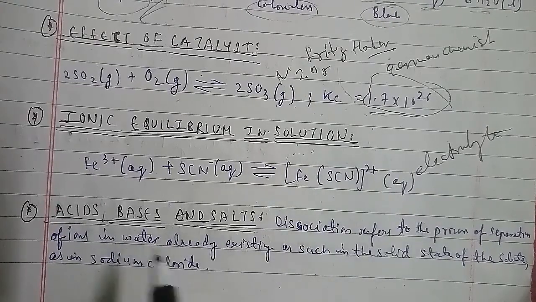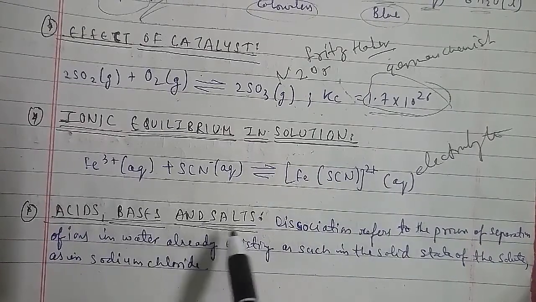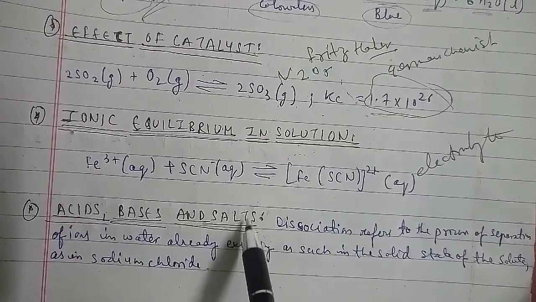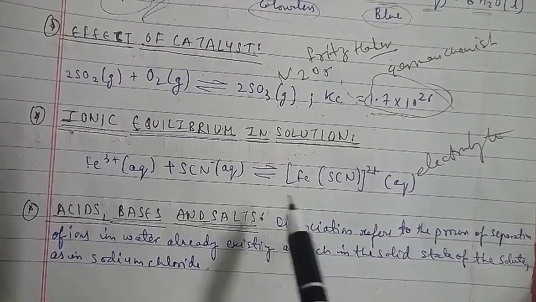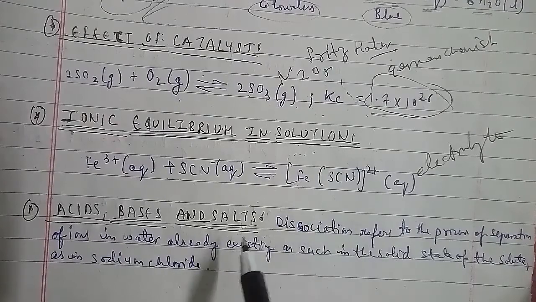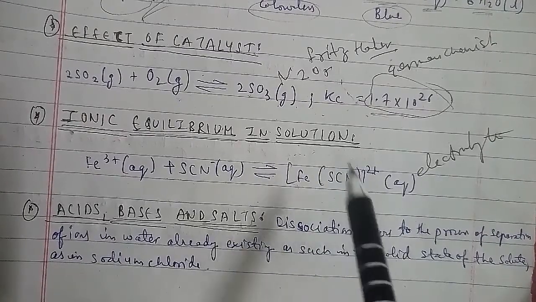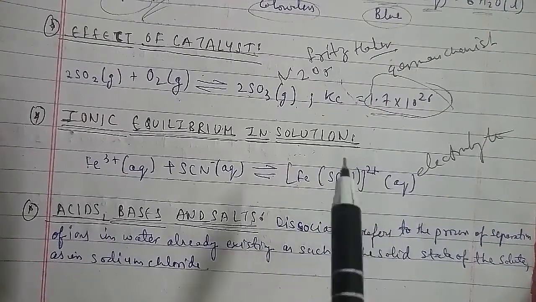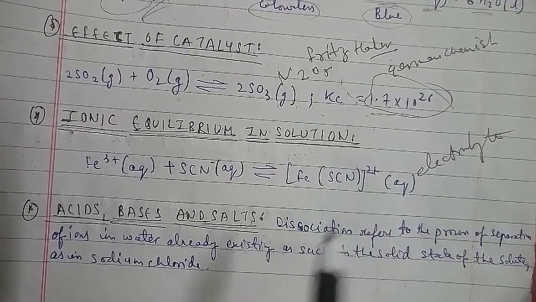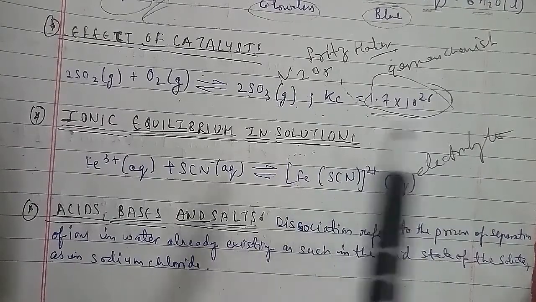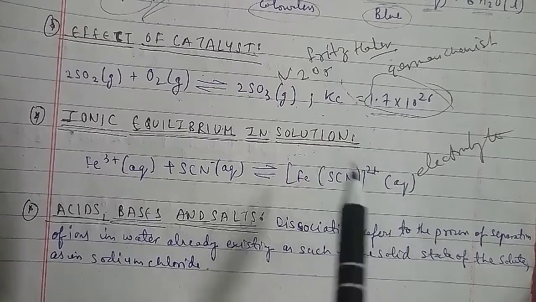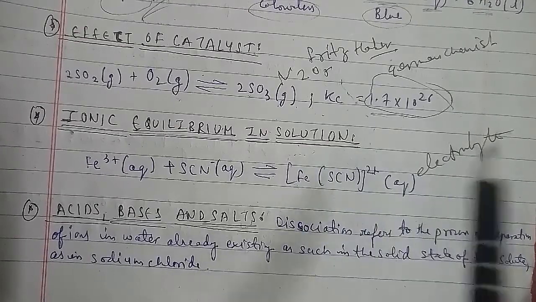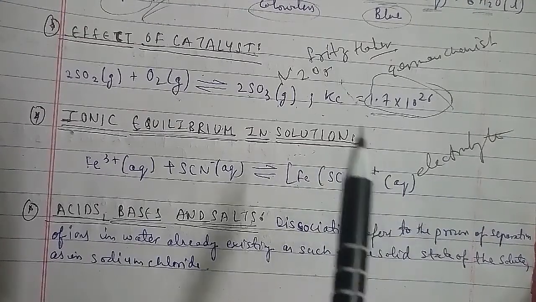Now we'll discuss acids, bases and salts here. Before starting with this, we have to know some things related to acids, bases as well as salts. Acids, bases and salts find widespread occurrence in nature, and hydrochloric acid present in the gastric juice is secreted by the lining of our stomach